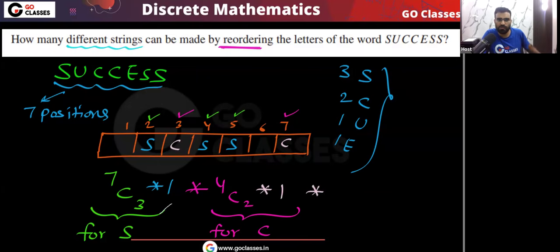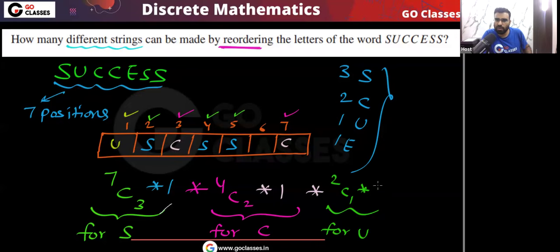After that, tell me what we need to do. Now only 2 positions are remaining. From these 2 positions, I need 1 position for U. Do you agree with me? I will select 1 position for U. Let's assume I am selecting this position. Then tell me, how many ways can I put U here?